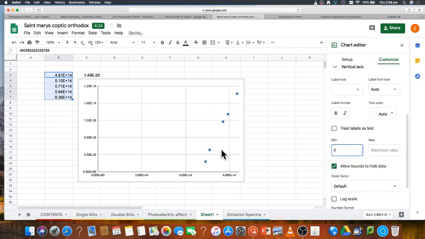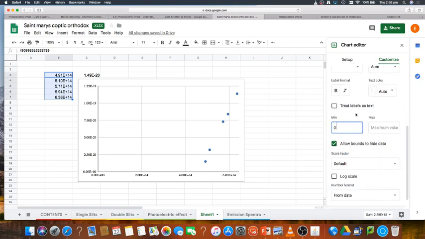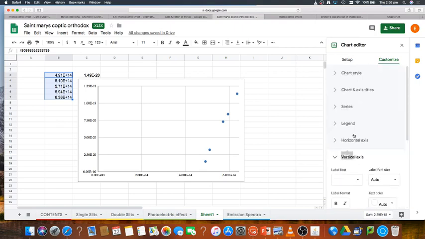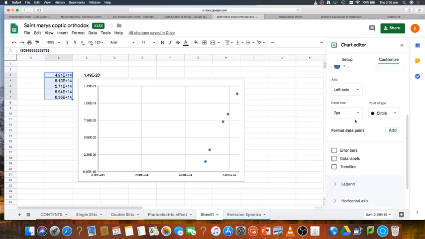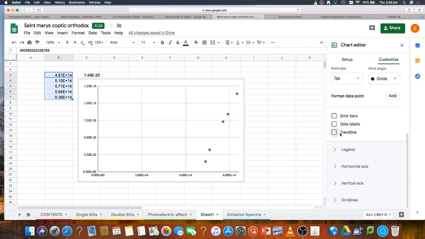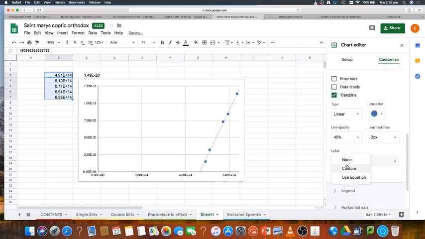Okay, so we can actually see here, we get an increase in maximum kinetic energy of the photoelectrons for an increase in the frequency. It's a linear graph. If we work out the slope of that, we can actually determine Planck's constant, which is the h value. All right, so let's have a look at that. Let's see if we can do that. Series. All right, so I'm going to have a trend line, linear, and I'm also going to have an